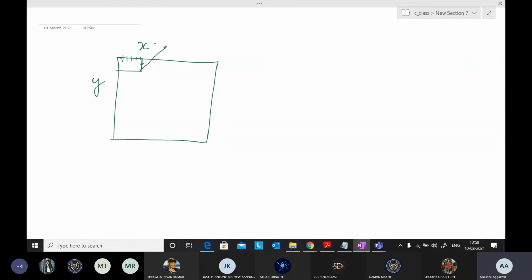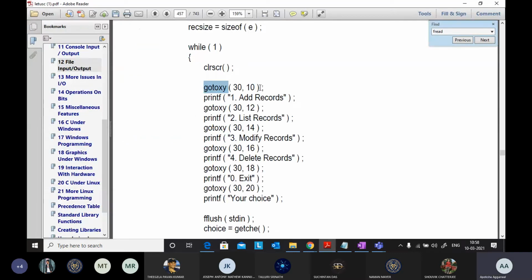So this is your 30 comma 10, and whatever it does, it will start from here. It will print hello something from here. Next position, this is your 30 comma 11 or maybe 15. You have multiple locations, so this is 30 comma 15. So gotoxy will print at a particular location on your screen.